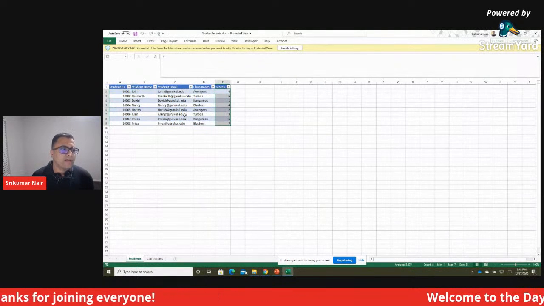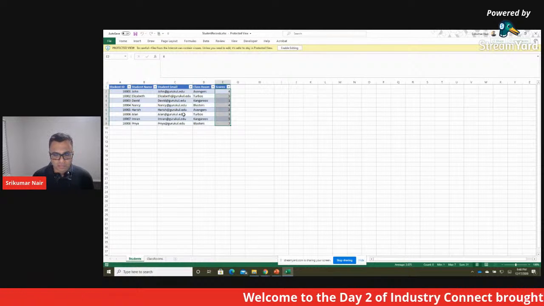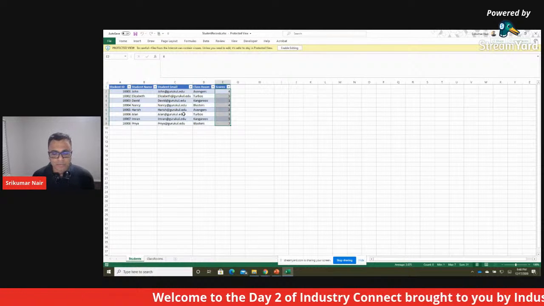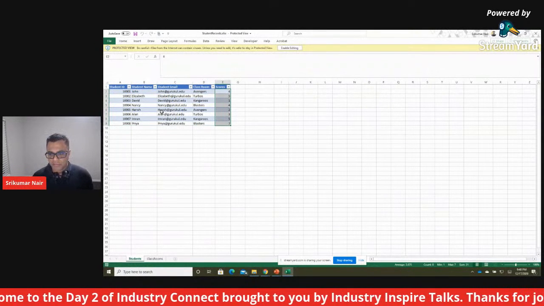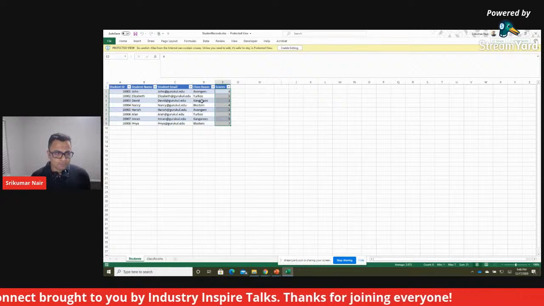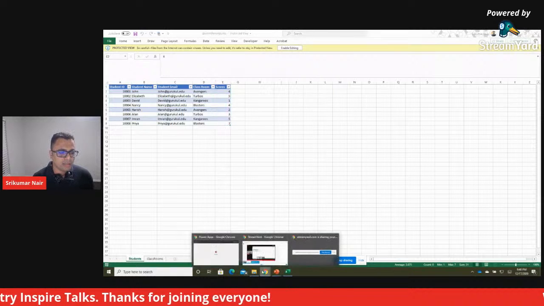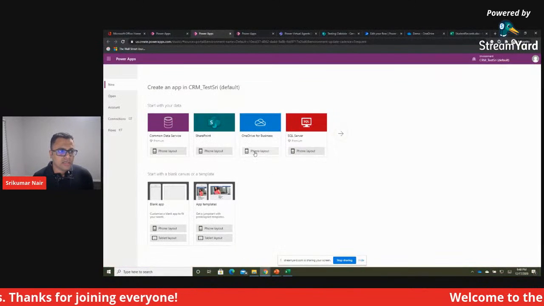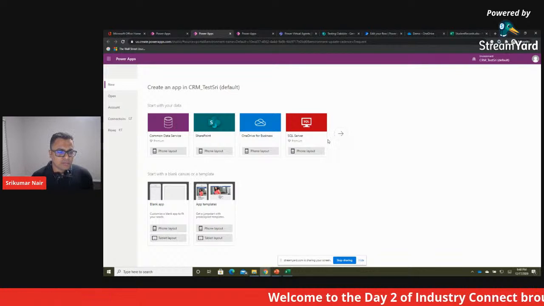So if you have these kinds of values in Excel, you would have seen, when you share these Excel files between different team members who want to update these things, over a period of time your data gets corrupted, because everyone gets write access and they can spoil the data. But if the same data is kept behind in a secure location and you're allowed to access it only through an app, let's see how that is possible here.